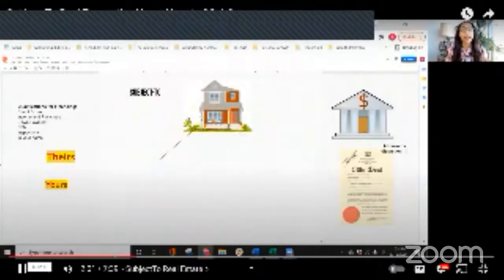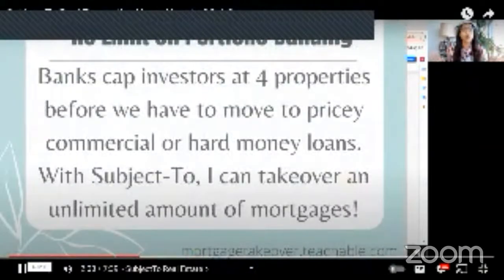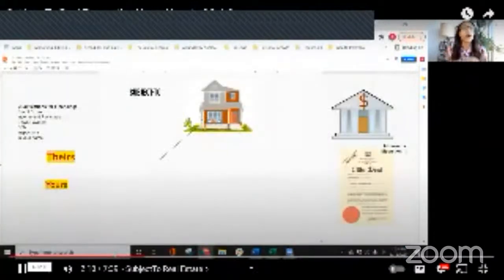It's also great for current investors. A lot of times banks stop lending to us once we get our portfolio so large. And so we have to find other ways to acquire properties without using our own money. This is perfect for you. And I also have recently seen a lot of tenants using this. Tenants who want to buy the property that they're living in from their landlord, and they're just trying to figure out a creative way to do it. Of course, there are tons of other ways to use this, but just for illustrative purposes, let's keep it simple.